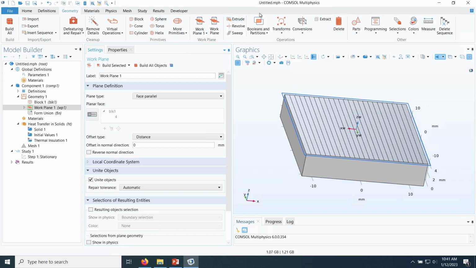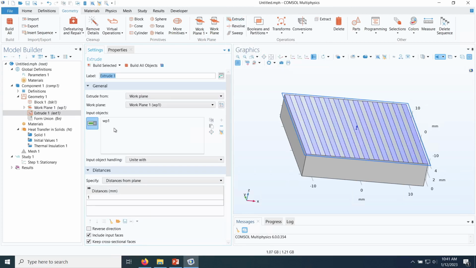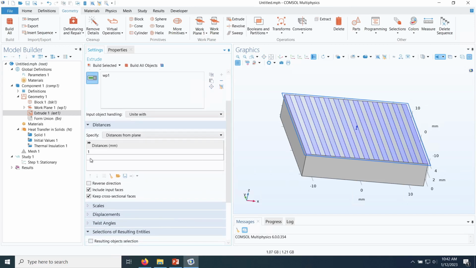If I come to the top ribbon, the 3D options are available. One of them is extrude, so I can click on extrude. COMSOL is smart enough to figure out what I might be meaning to extrude. And this is a simple model, so it's probably a good guess, but sometimes it's not exactly like that. I might actually want to extrude one of these faces. But in this case, this is correct, so I'm not going to change that. The only thing I have to change is the distance I want to extrude